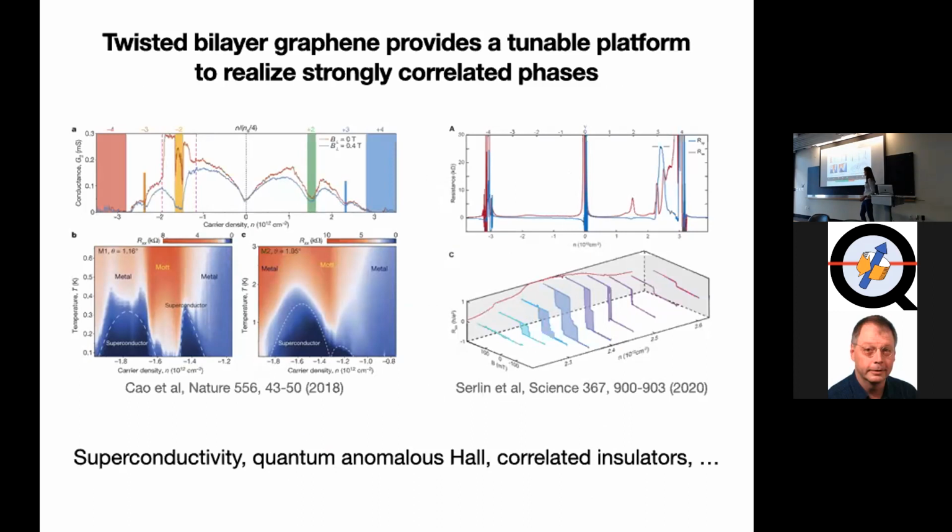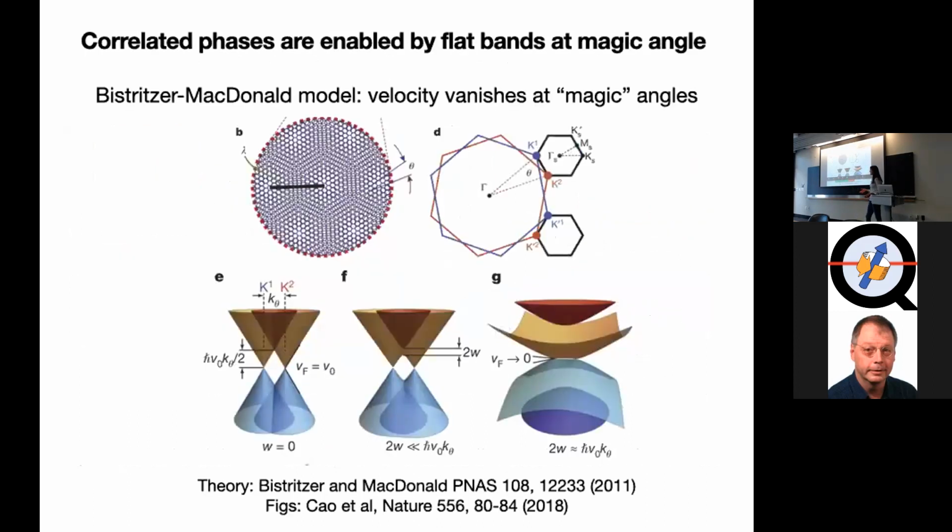And this is all due to the correlated physics that appears when you get these extremely flat bands. We don't know the exact mechanism of these correlated phases, but we know that they're due to flat bands. In this talk, I'm not going to be focused on twisted bilayer graphene, but what I want to say is that we're trying to achieve flat bands in different systems and see if we can carry over that same